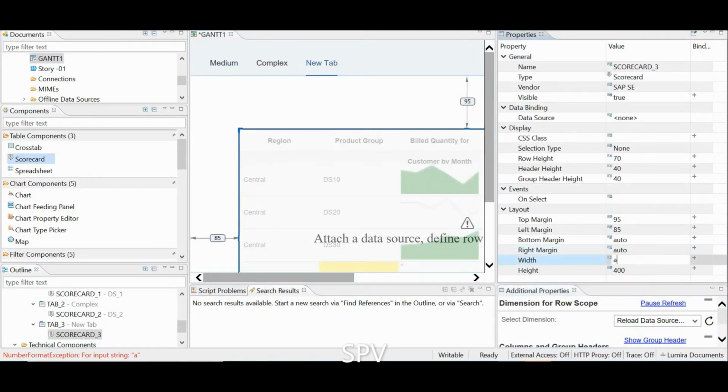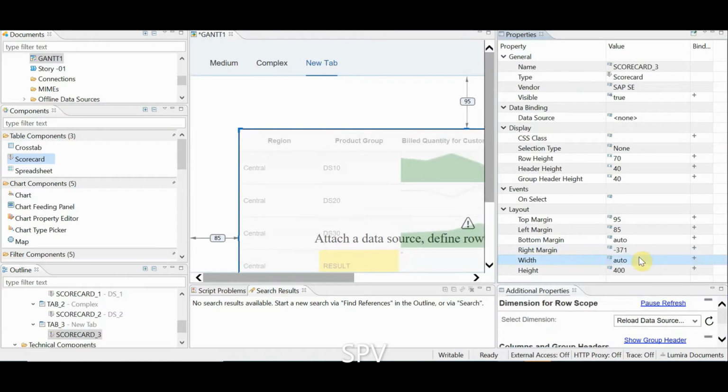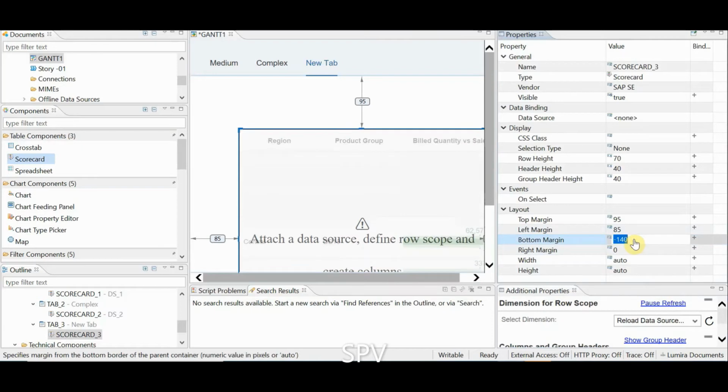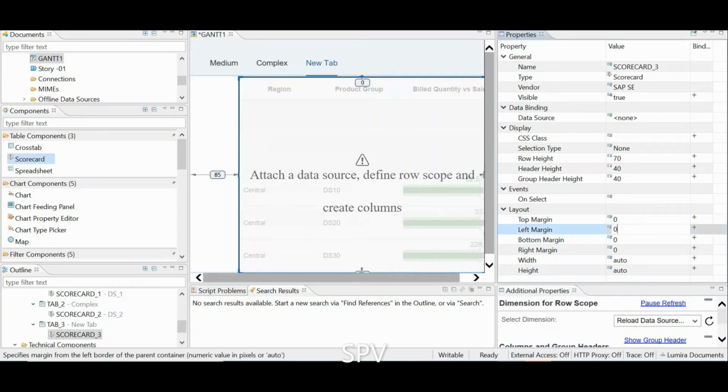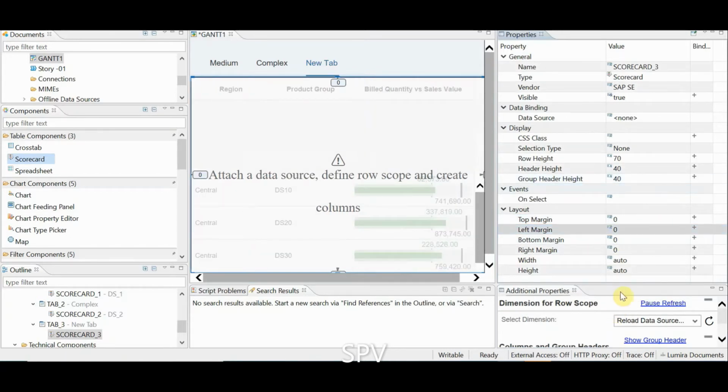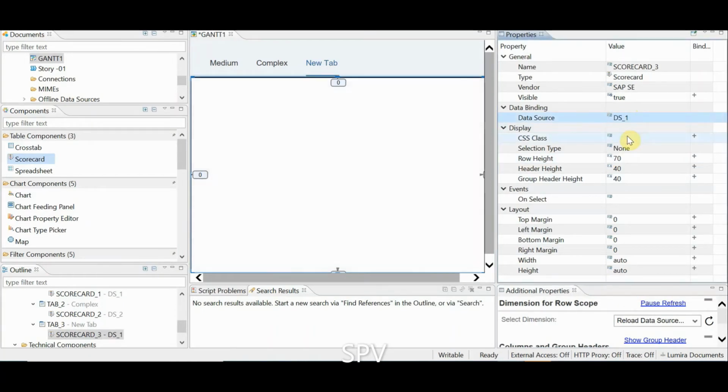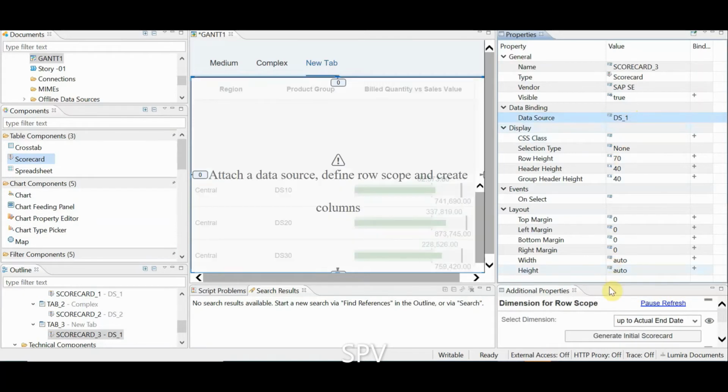I'm making the scorecard full screen, with no top margin, no bottom margin, and no left margin. For this, I need to link it to a data source. So I link it to one data source.